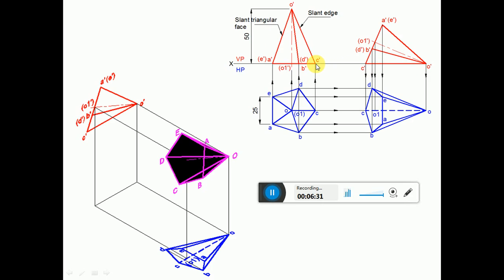With C dash as center, take the radius of C dash O dash using the compass. Cut an arc such that the point falls on the XY line, whereas O dash will be on the XY line. Similarly, measure the length from C dash to A dash, and from C dash as center, draw an arc. And similarly, from O dash, take the radius O dash to A dash and cut the previously drawn arc to get this point A dash E dash. Then darken A dash to C dash to O dash, and O dash to A dash, so that you complete the rectangle.